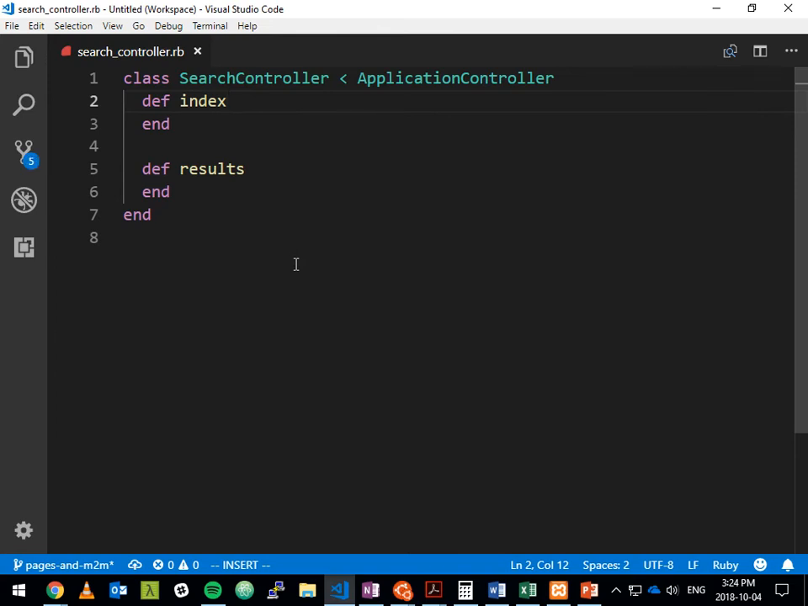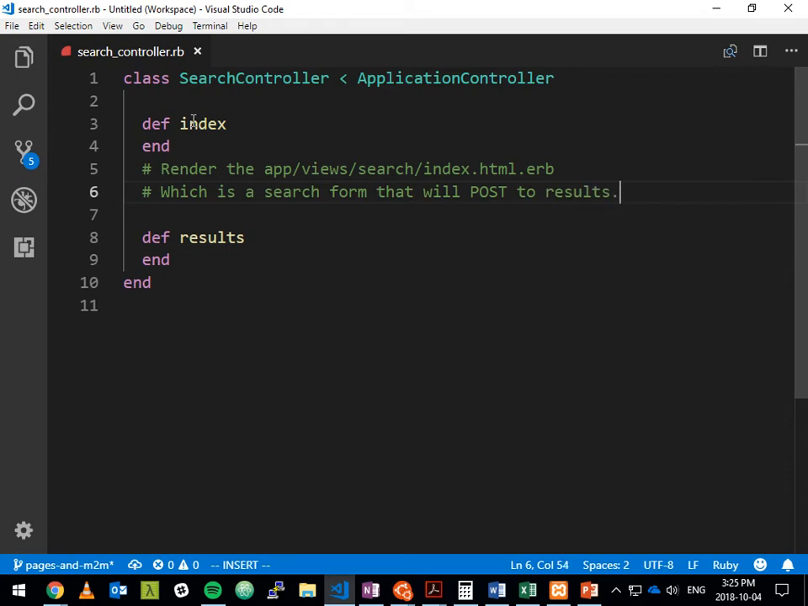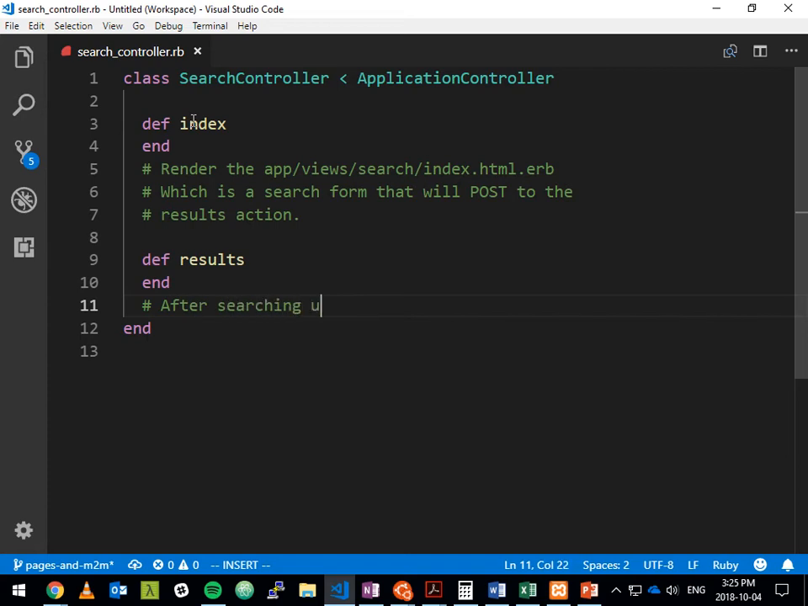So the default action for the search controller will be to display the form that we're going to use to perform this searching. And then when that form is submitted, it'll submit the search query to this results action. The results action will carry out that search by way of Active Record and display the results. And so the goal here is this will render the app views search index.html.erb, which is a search form that will post to the results action. And then the results action, after searching using Active Record, will display